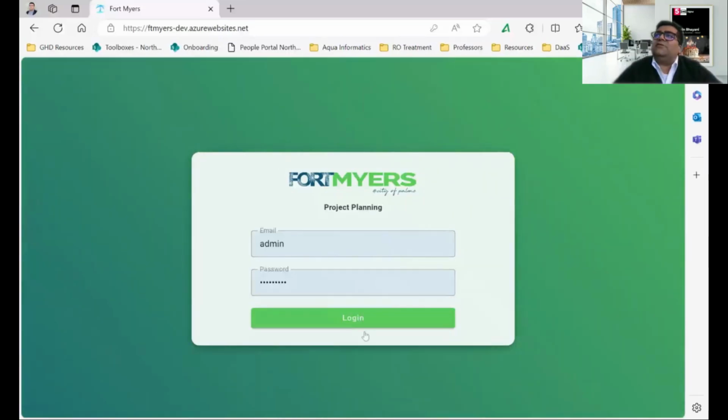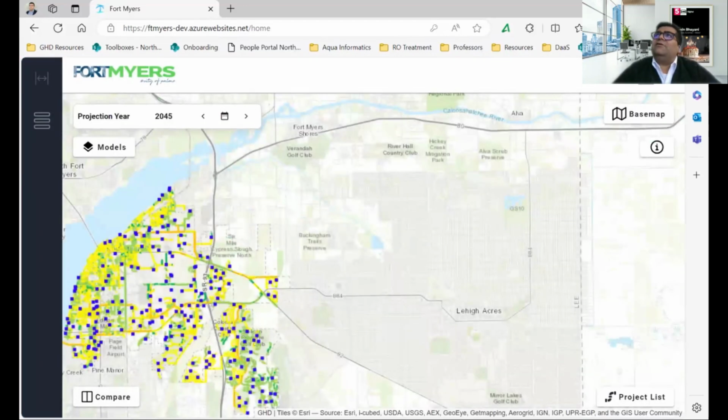So I'm sharing my screen. This is a demo of our DSS system. We have all the cybersecurity in this because we want to make sure the client's data is protected. And as you can see,